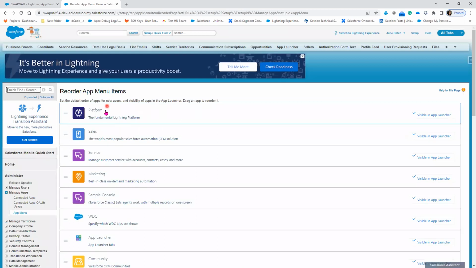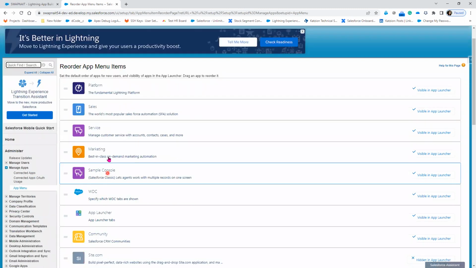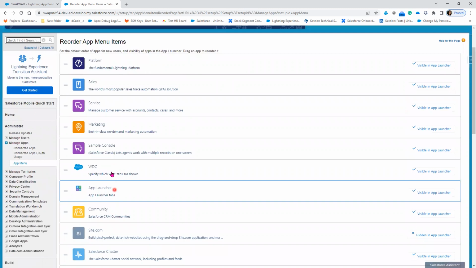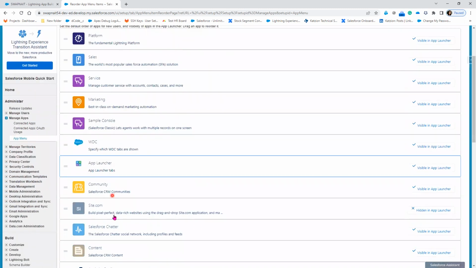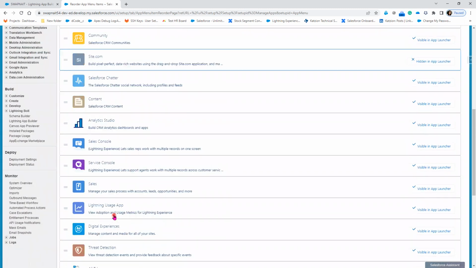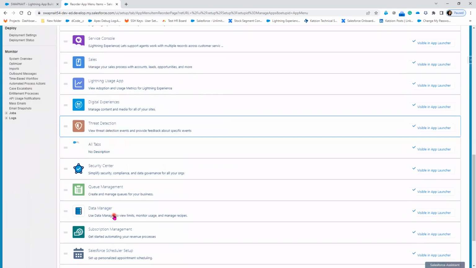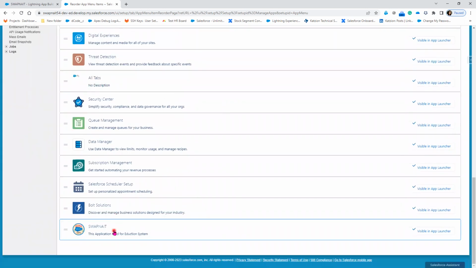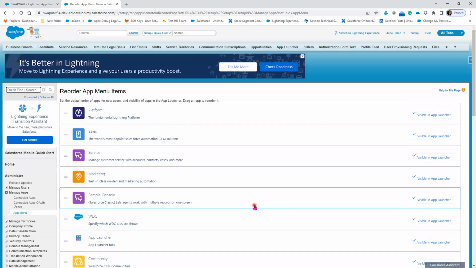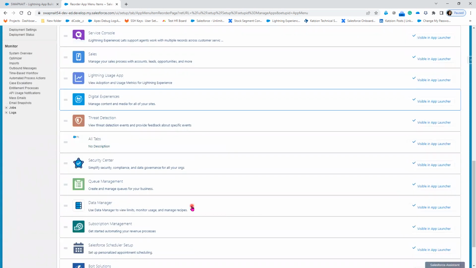Now in the app menu, you can see platform, sales, service, marketing, sample console, right? WDC, app launcher, community, all these things, everything you can see here. All the applications you can see, visible in the app launcher, everything is visible. Now here, if you wanted to create it,